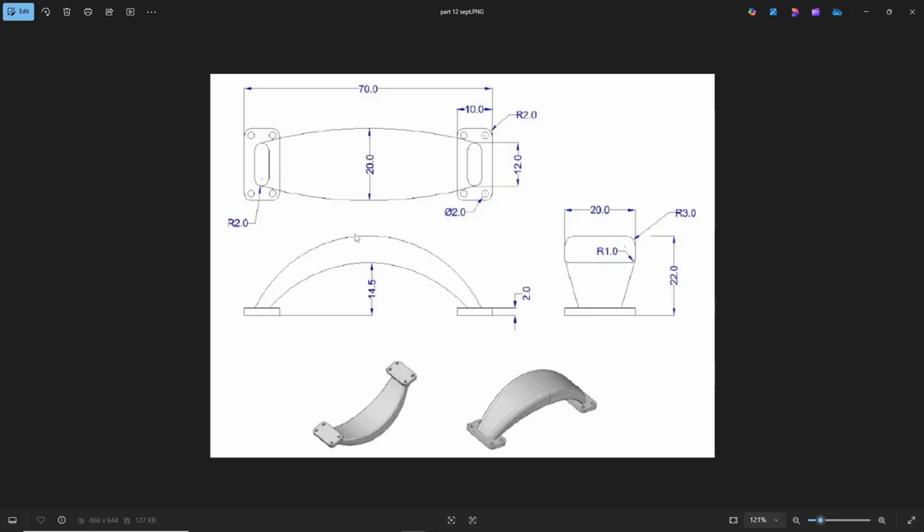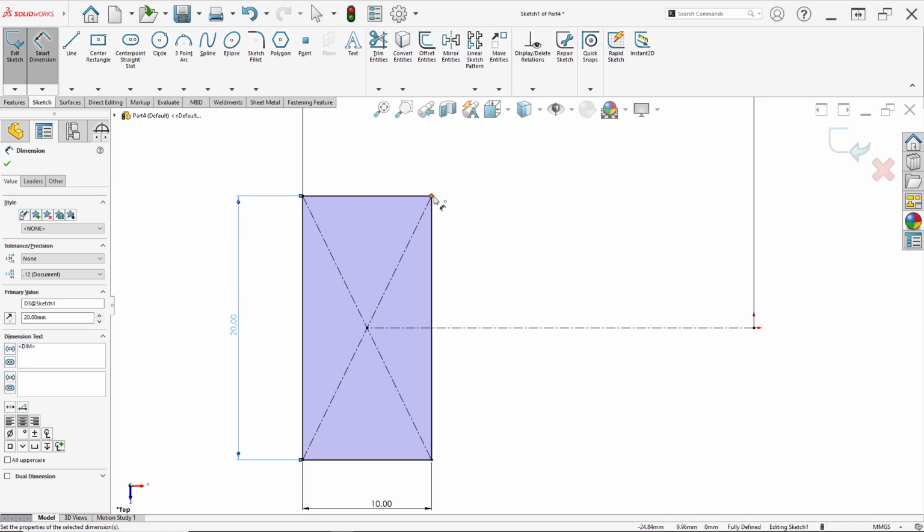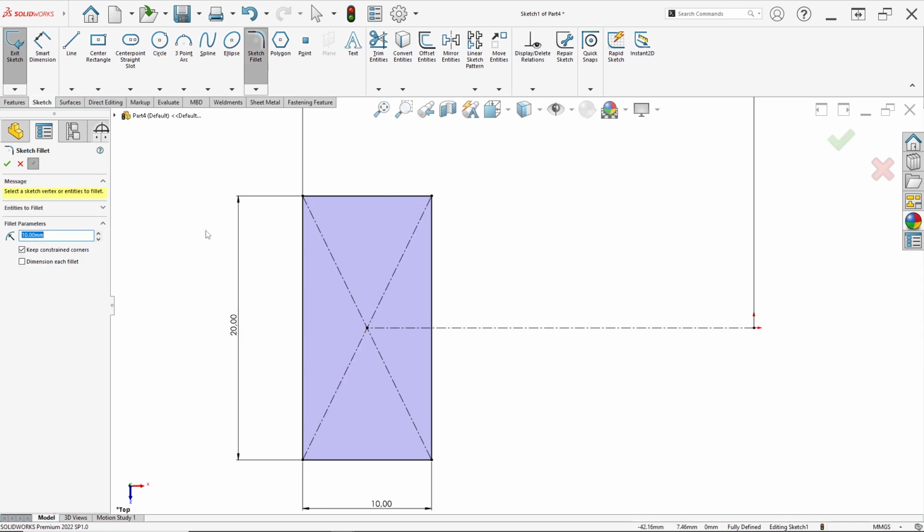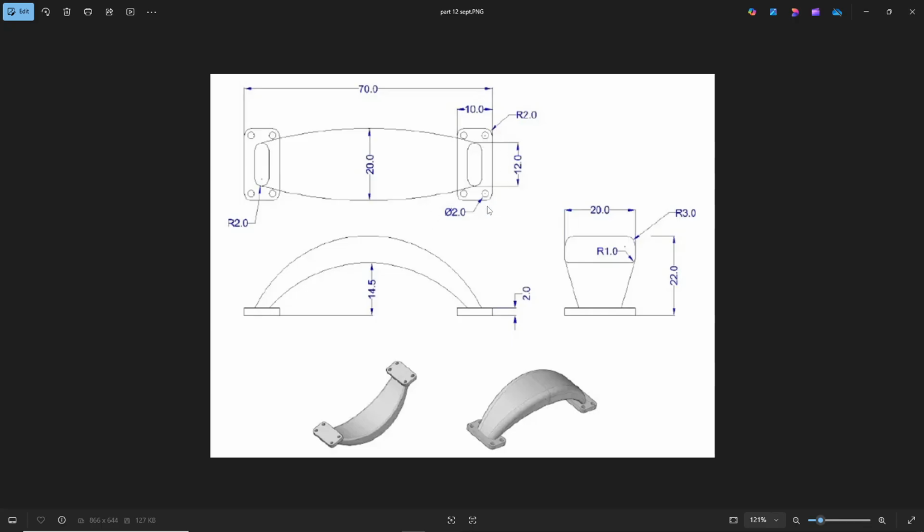After that, don't forget there is a fillet on each corner. So in sketch fillet, change the parameter to 2 millimeter. Select this corner, this point, and this point. Click OK like this.